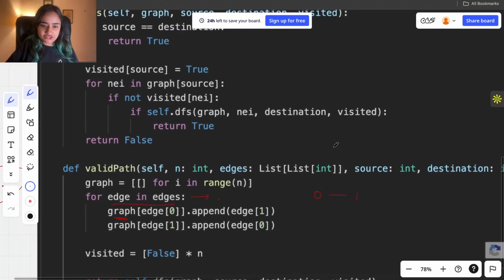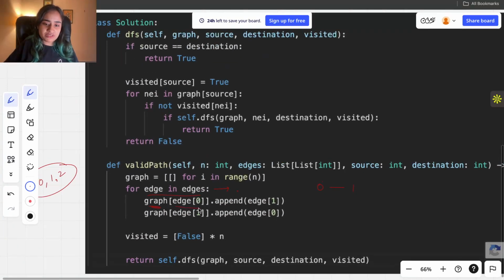When we go to an edge, we put that one vertex. Every edge contains two vertices, right? So if there is an edge between 0 and 1, the 0 vertex will be connected to the 1. So we will go to the 0 index in the graph and append 1 as a vertex into it for the connection. So it will look like that: at 0 index I have 1 in the list. And then at 1 index also I will have 0 in the list.